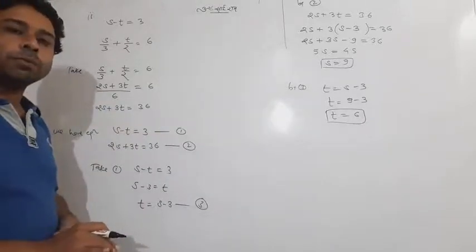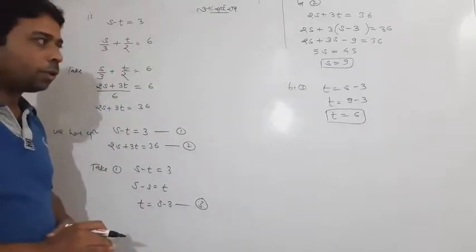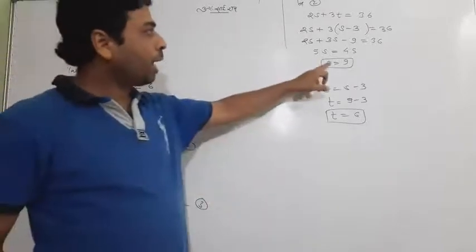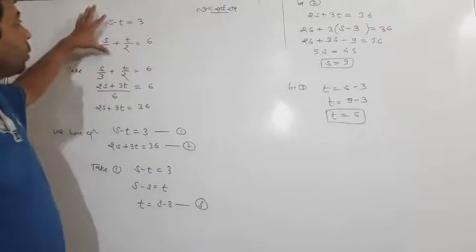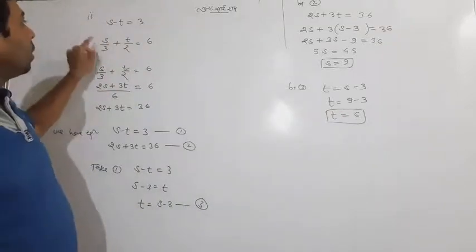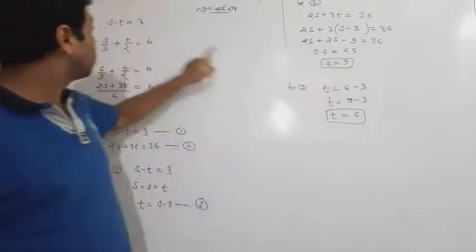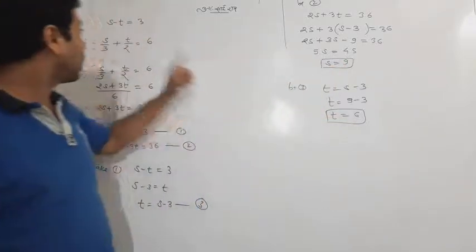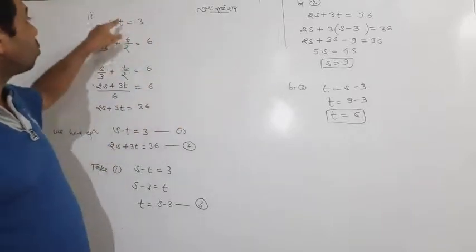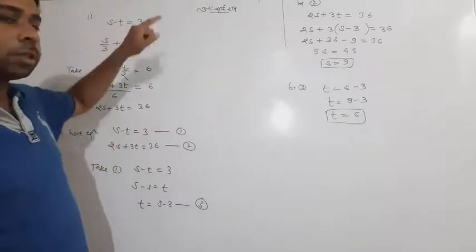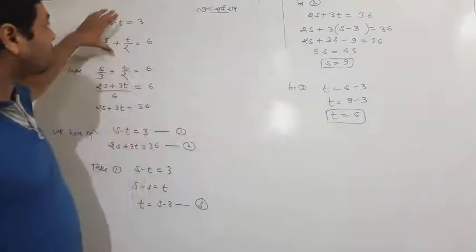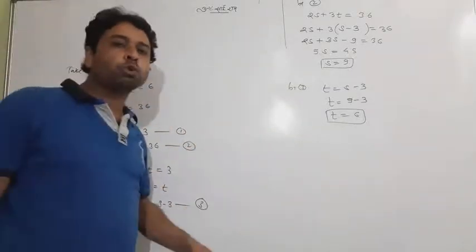If you are still in confusion about whether the answer is correct or not, I have a trick to tell you. Put S and T in both equations. Both should satisfy. S is equal to 9, put here. T is equal to 6, put here. The answer should be 6. It will. When S is equal to 9 and T equal to 6, here 9 minus 6 is equal to 3. Meaning this solution must satisfy the given equations. It is the final trick to check your answer.